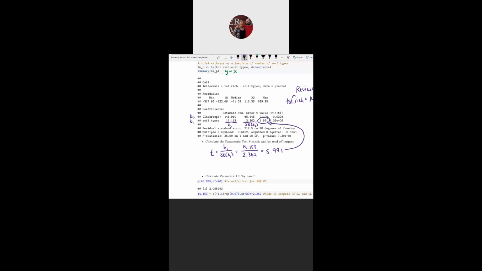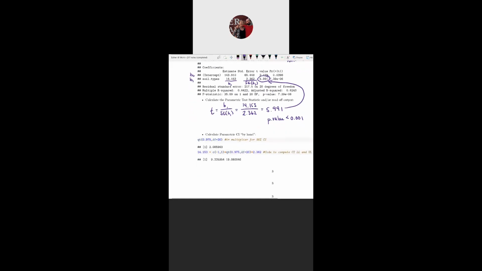So cool, we did our math right. And from that test statistic, we would get a p-value of less than 0.001. All right, now if we wanted to calculate the confidence interval for this by hand, quote unquote, we're going to use this qt function. So just as a reminder, since it's been a little bit since we've talked about this,